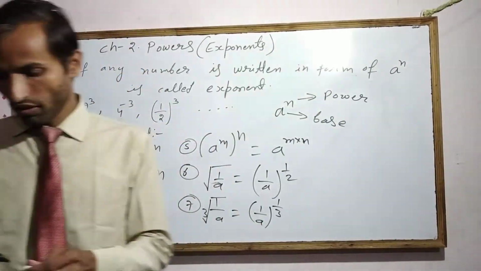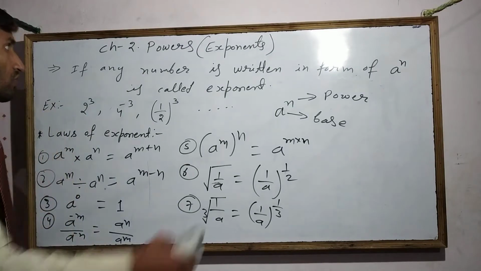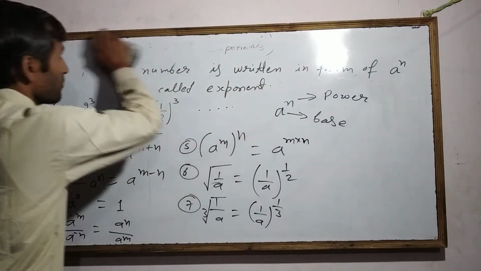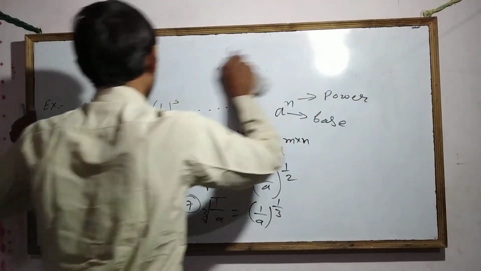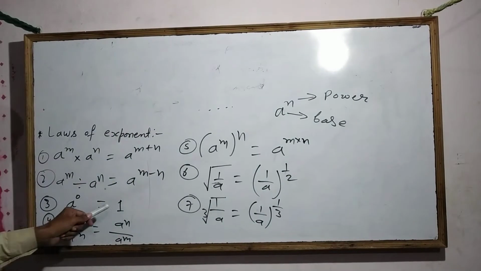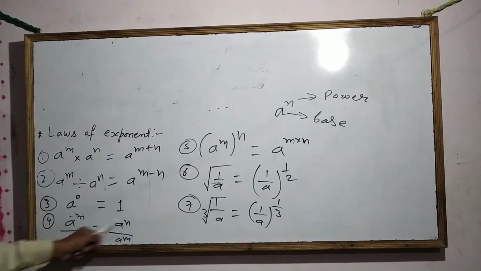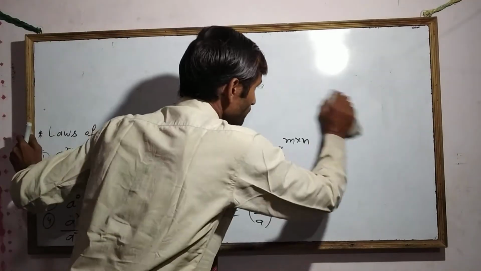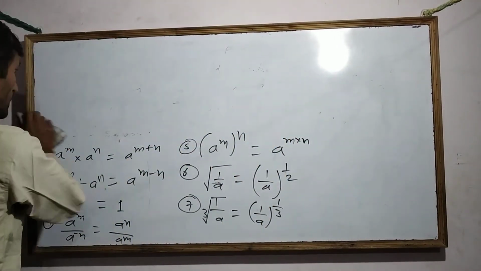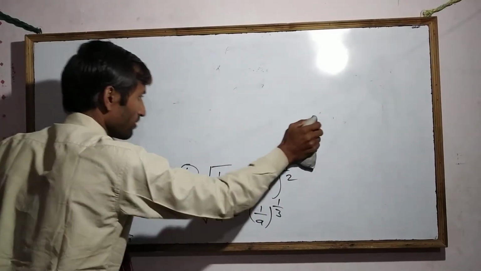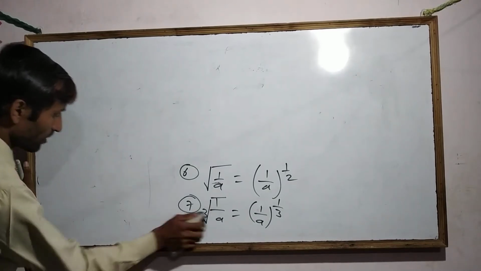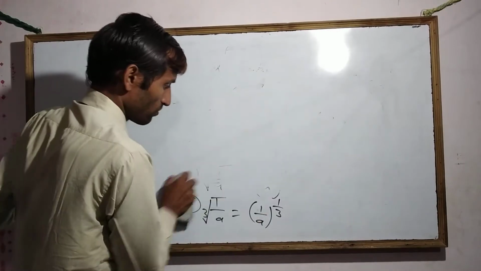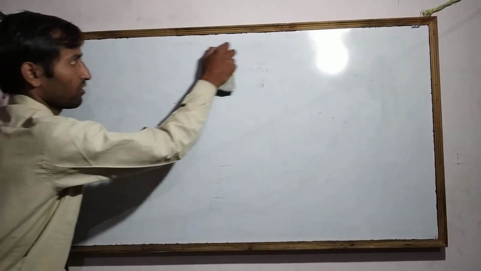Next, our topic is some simplification using powers and exponents. Always remember, if something is to the power 0, it is always 1. You have to remember this, it will be very useful. I will write some questions and explain how you will use the laws I have explained right now.